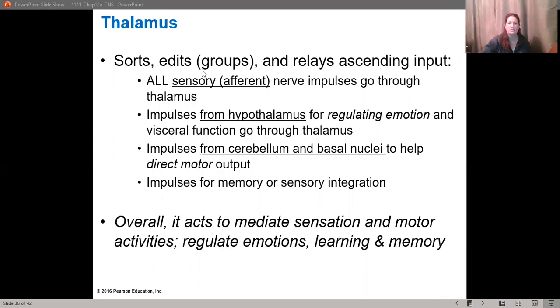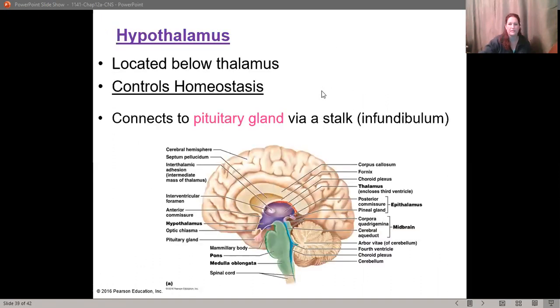Okay, so it sorts, edits, groups, and relays ascending input. All sensory afferent nerve impulses have to go through the thalamus. It also gets input from the hypothalamus and the cerebellum. We'll talk about the cerebellum next week. Overall, it acts to mediate sensation and motor activities, and regulate emotion, learning, and memory. The big thing is really that it sorts, edits, and relays ascending input. So we have the thalamus,